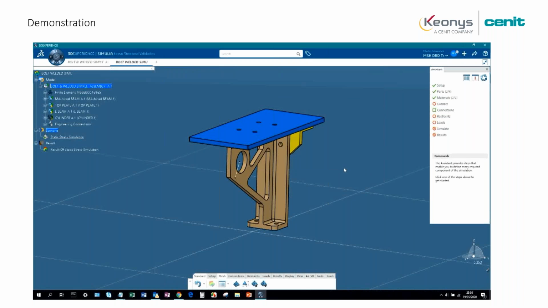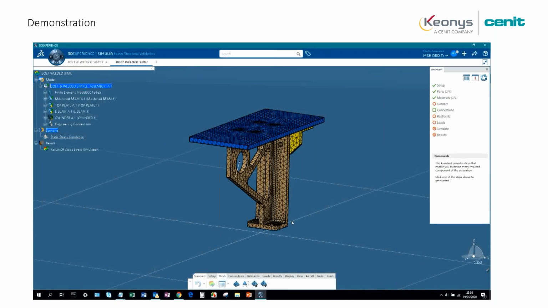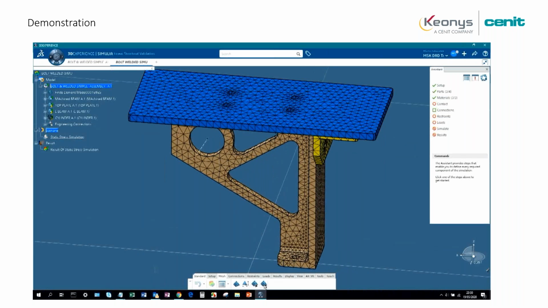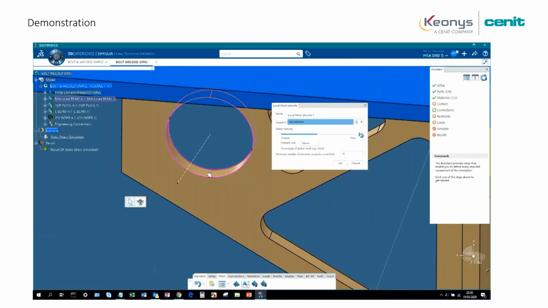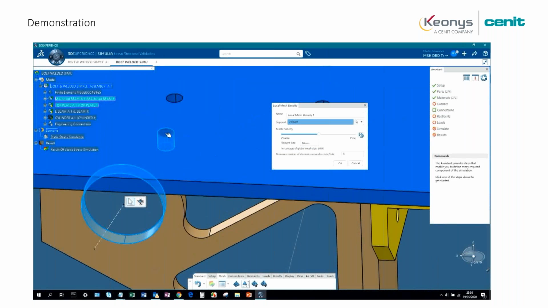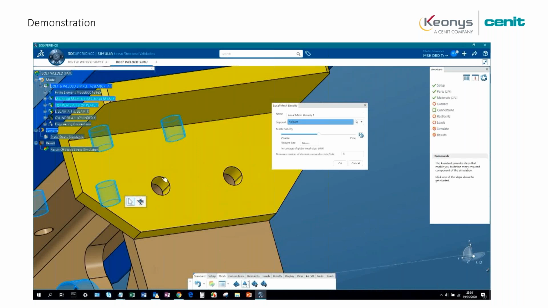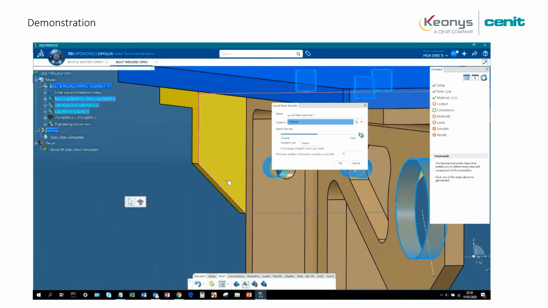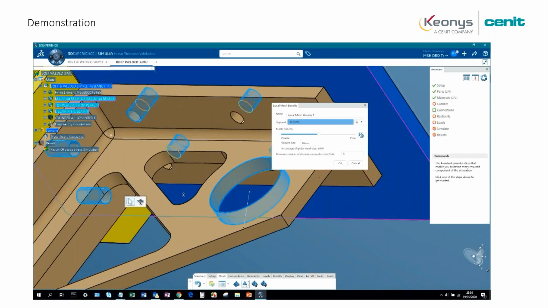A mesh allows you to perform finite element calculation, and you can choose a coarse or a refined mesh for the parts. If you want, you can locally edit the density of the mesh, for example on this hole or on some very specific location on the parts where you want more precise results, such as the location where there will be some bolts.